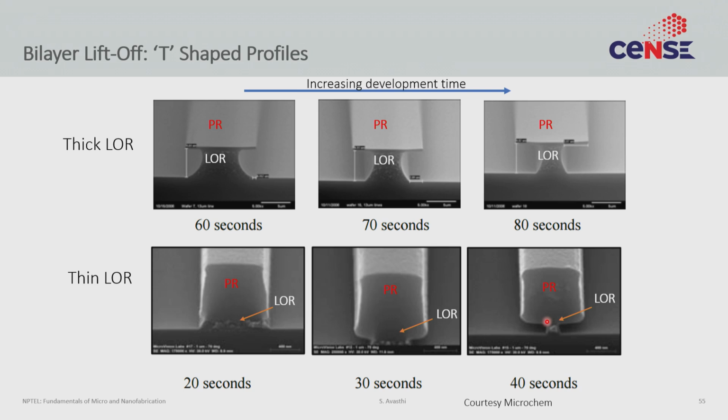So for example, here are some actual figures from the manufacturer of this LOR resist. So this is what you see, the undercut in the LOR. You see the photoresist on the top. And of course, you can have different cases, right? So if you etch for longer, the undercut increases. So the base of the T becomes more narrow and the overhang becomes longer. You can also change the thickness of the LOR. So this is an example where the photoresist is thin, the LOR is thick. This is an example where the photoresist is thick, but the LOR is thin. So depending on what your application is, you can make any sort of profile.